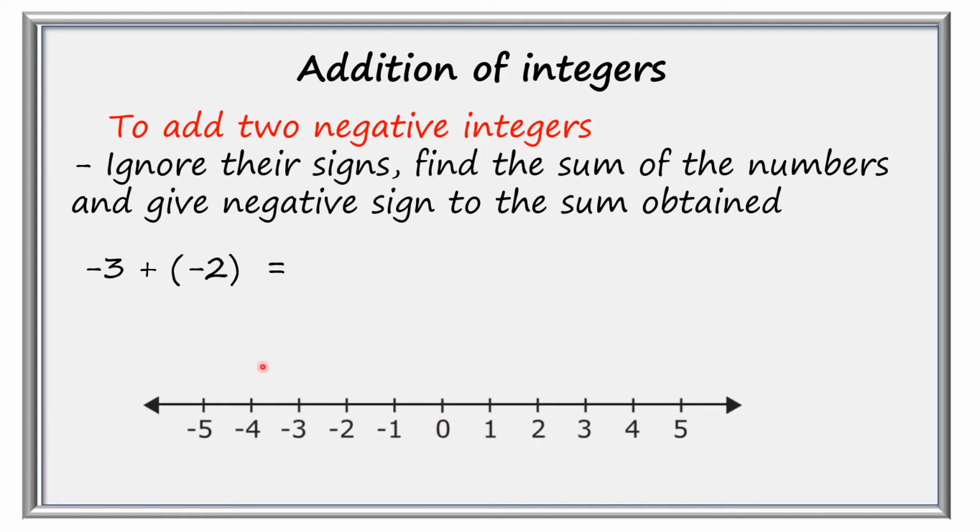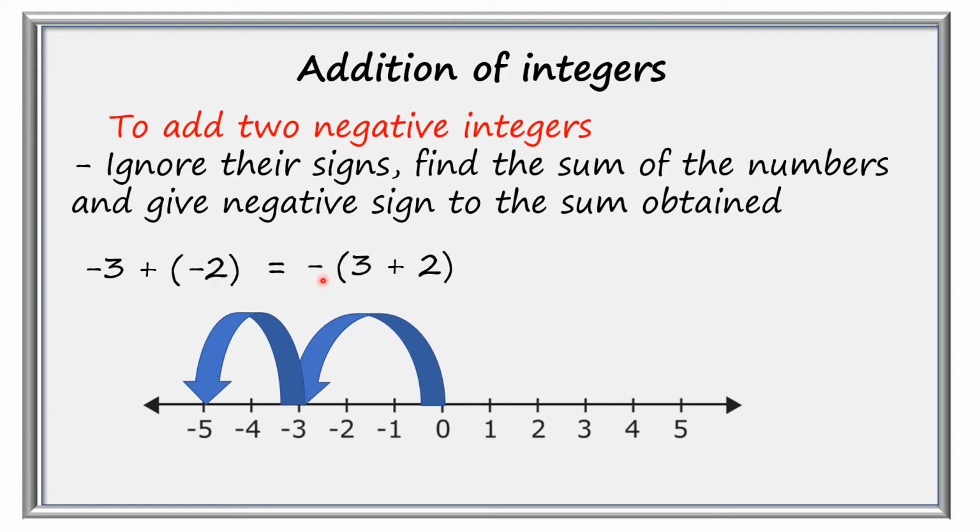Here is a number line. At first, for minus 3, we will go towards the left side, 0 to minus 3. Now we need to add minus 2 to this. It means 1, 2. So minus 2 means like this. So what will be your answer? Minus 5. So theoretically, what do we need to do? Just add 3 and 2 and put the sign of minus. So here it is minus 5.